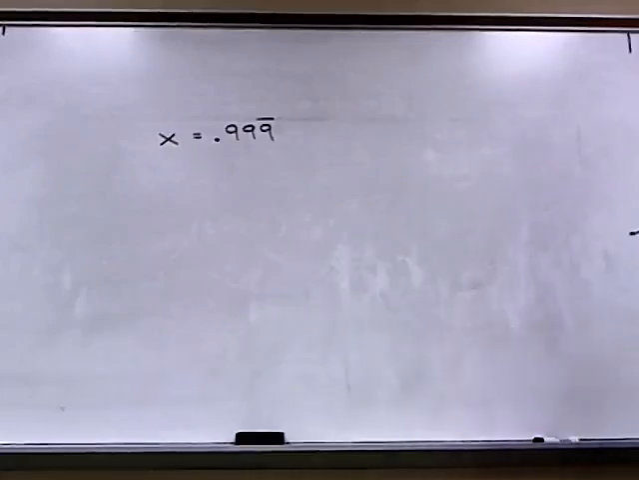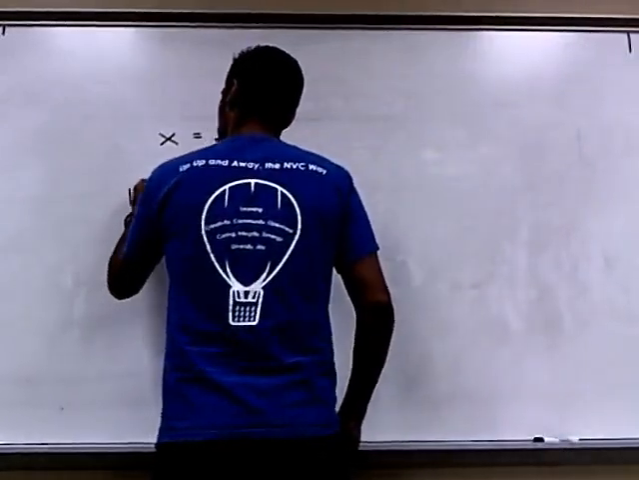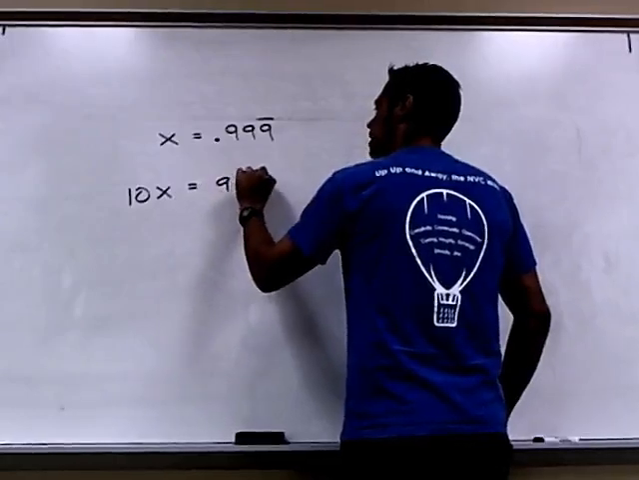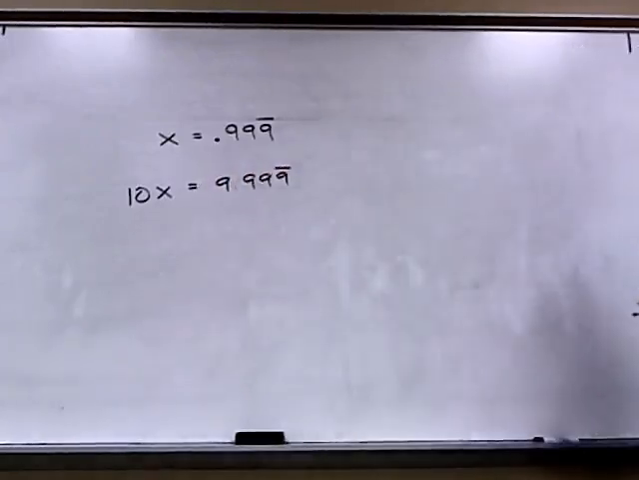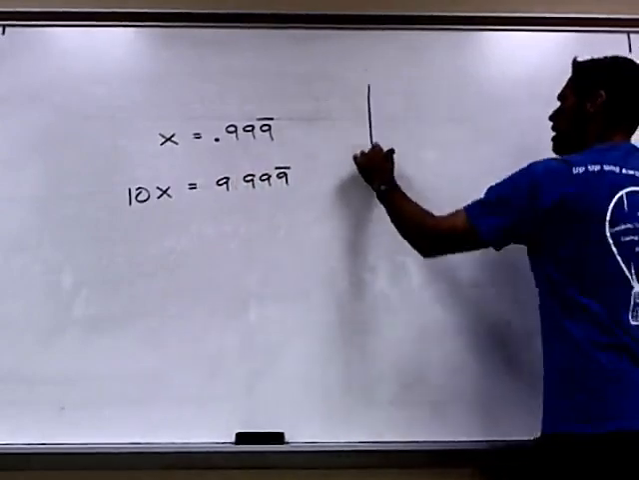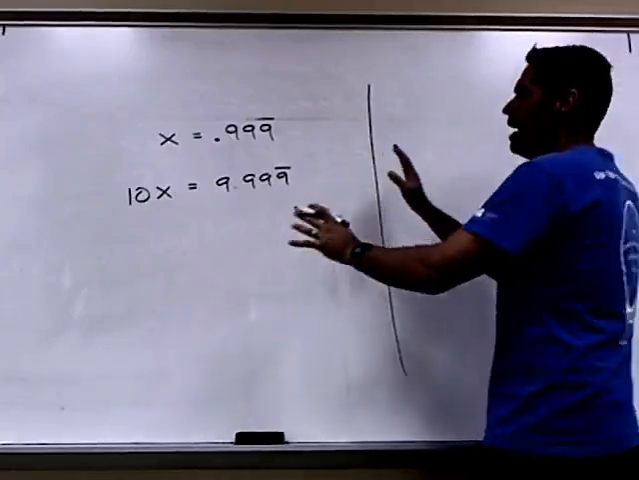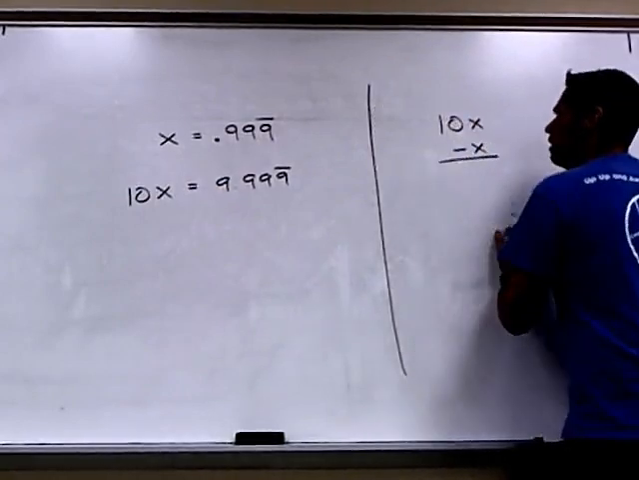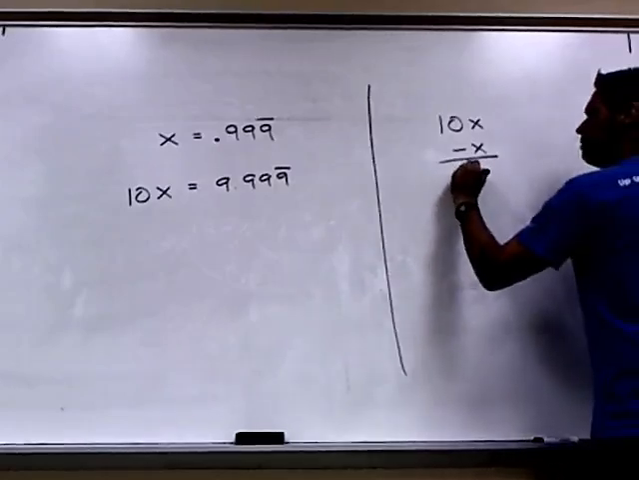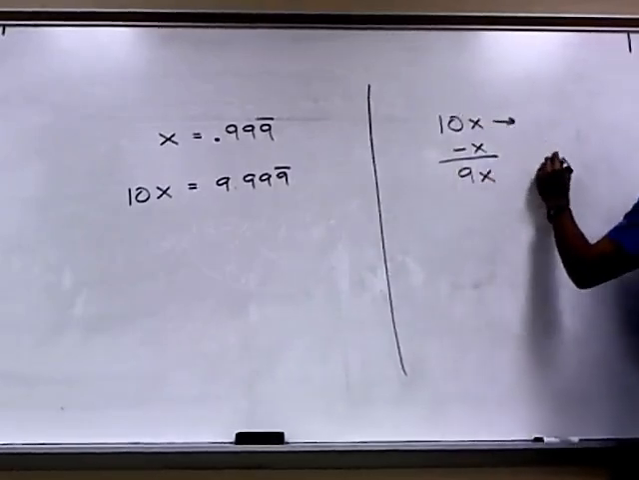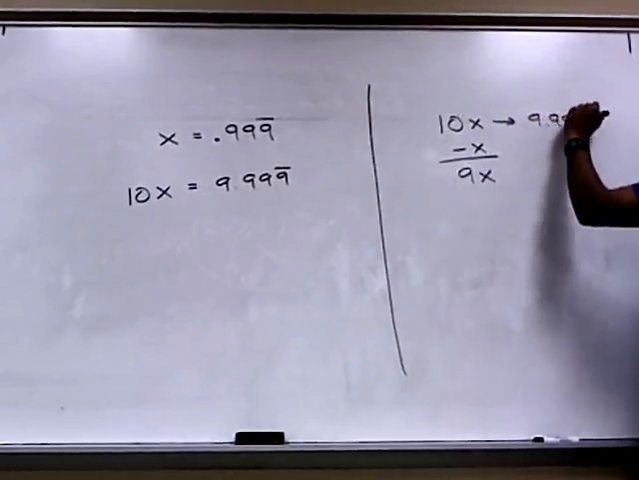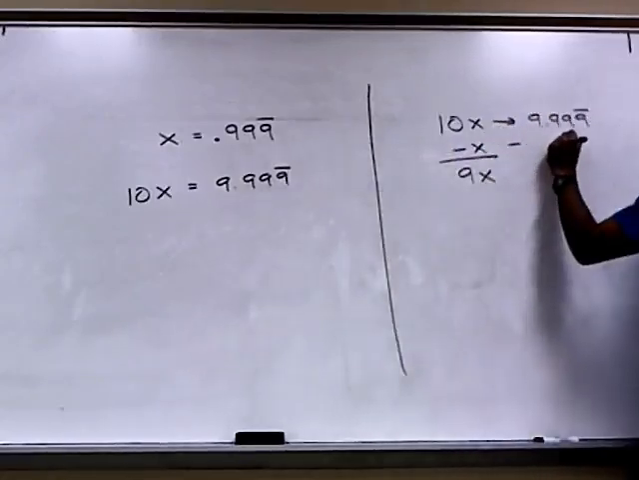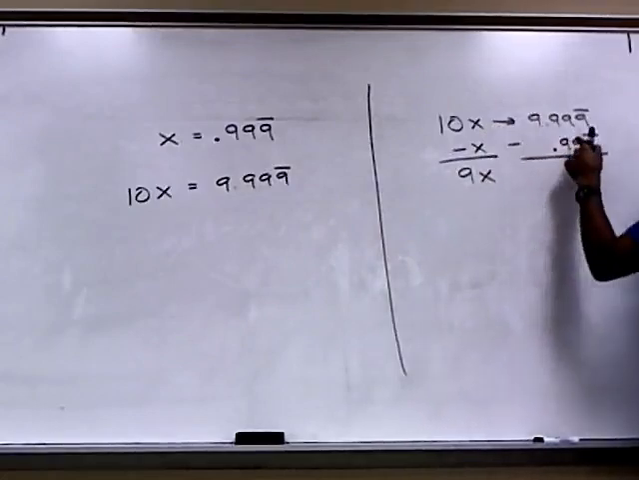Now, what is 10x? So if I multiply both sides by 10, what should I get? 9.999 repeating, right? Yes? Now, in your mind, forget the 0.99. Let me just talk about 10x and x. If I say 10x and I subtract x, how many x's is that? 9 x's? Okay, now, what was 10x? 9.999 repeating. If I subtract from that x, which was 0.999 repeating,